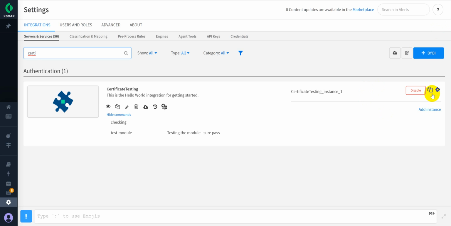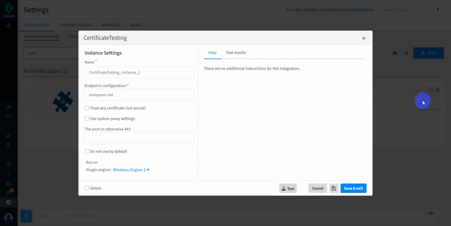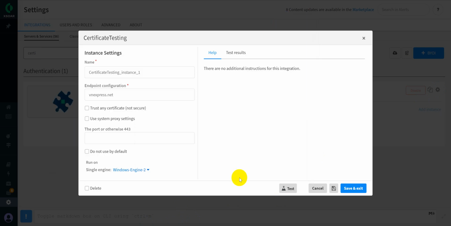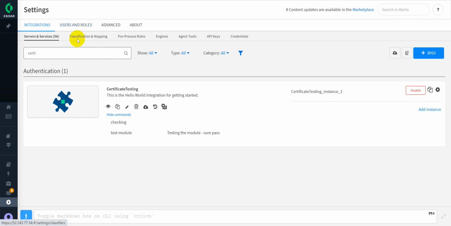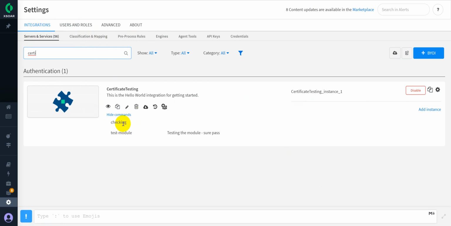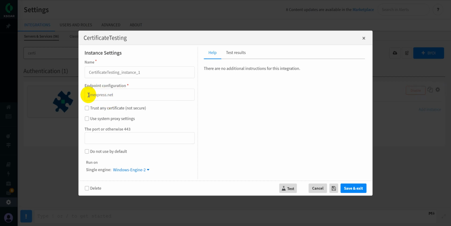So after we install this, we can use the engine which I installed on this PC over here, which is a Windows machine, and it is currently running right now, as you can see on my desktop. And this engine is currently connected to the Xsoar server. Over here, when we use this integration, we can use this checking command to actually test out this endpoint